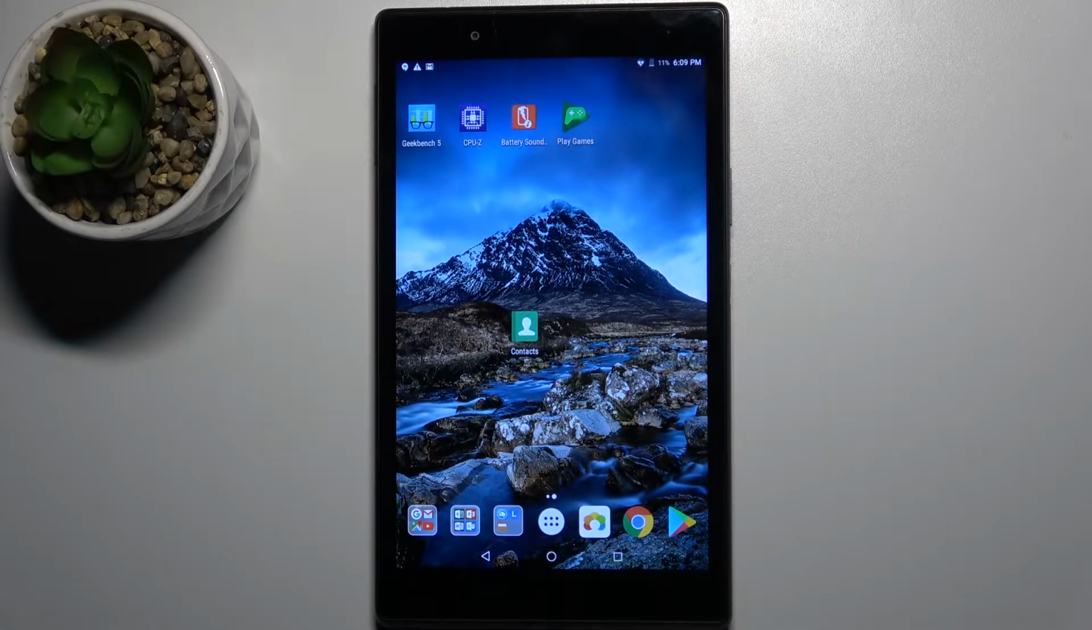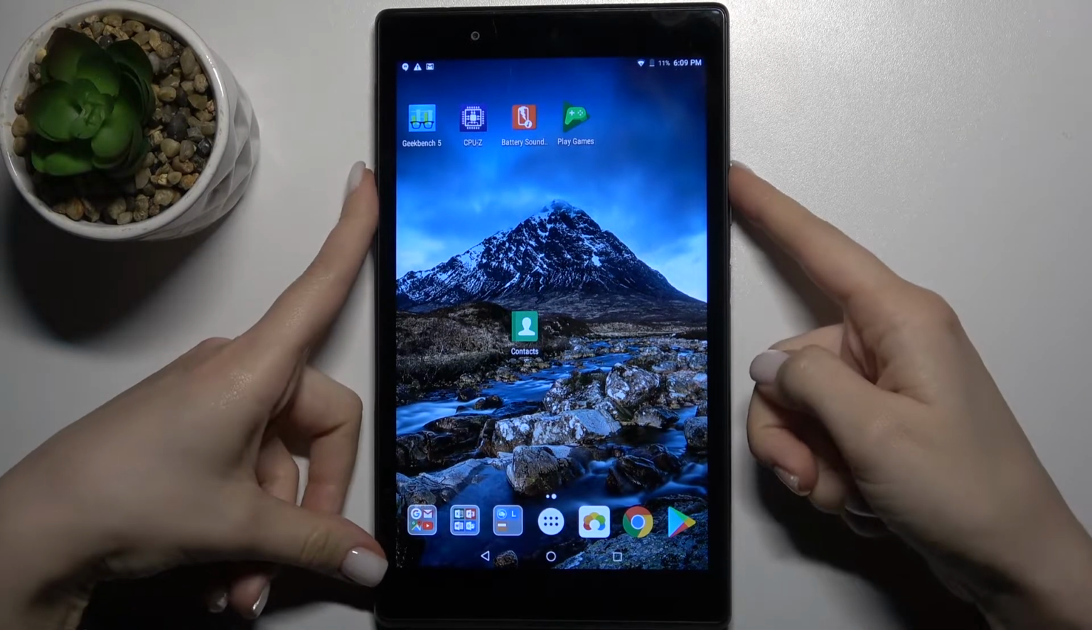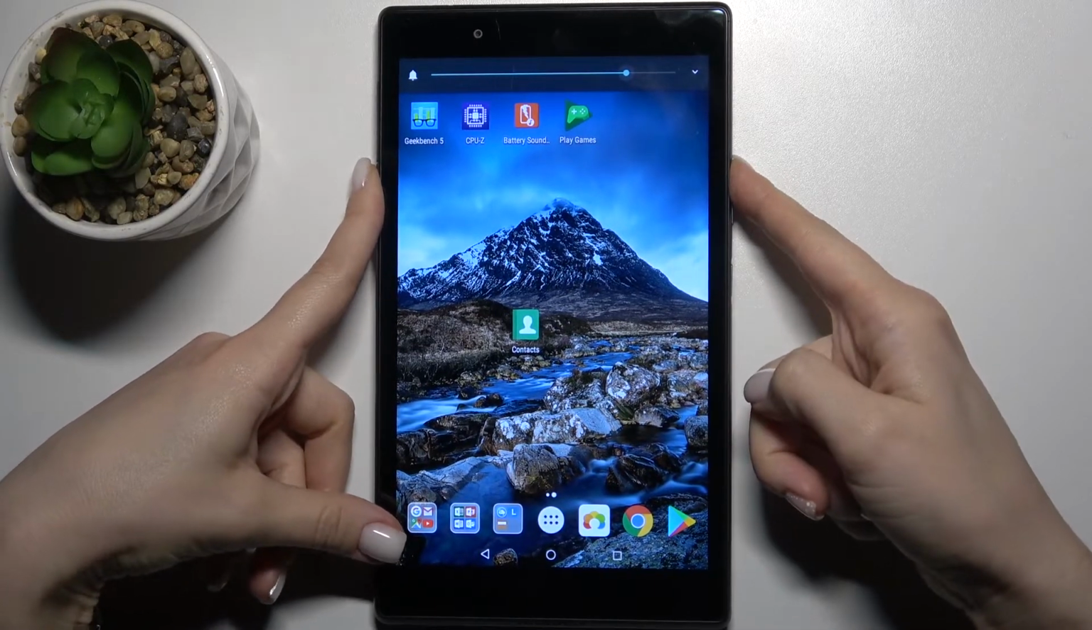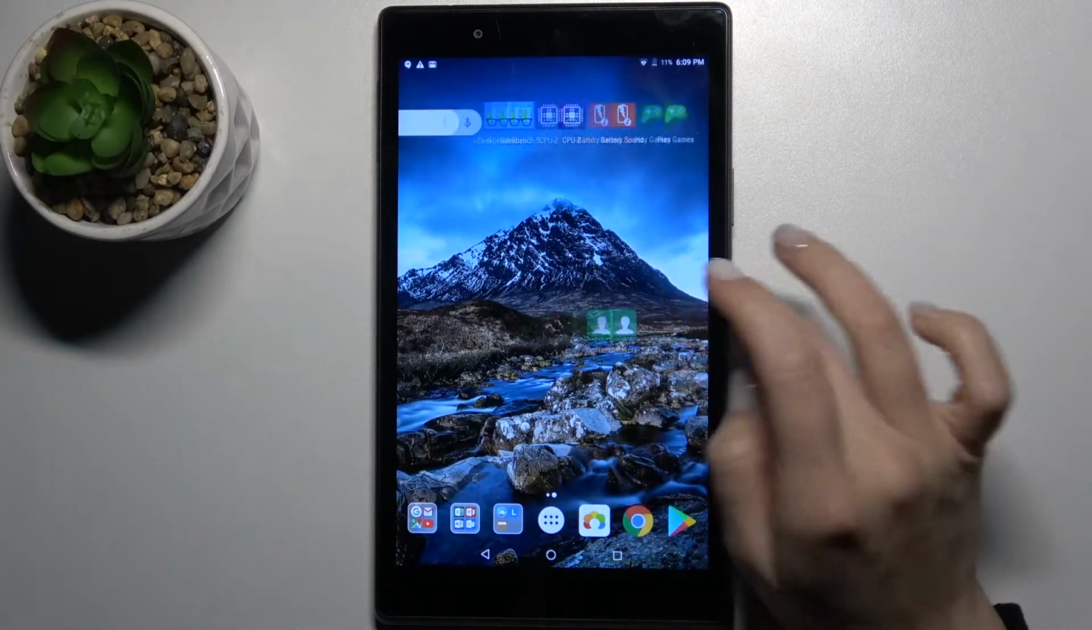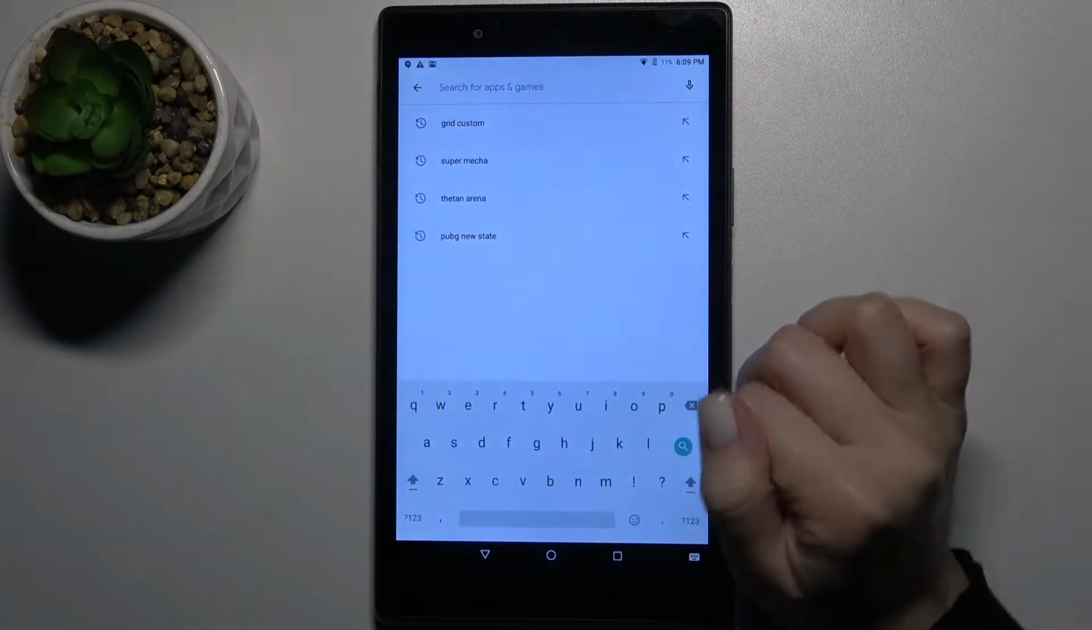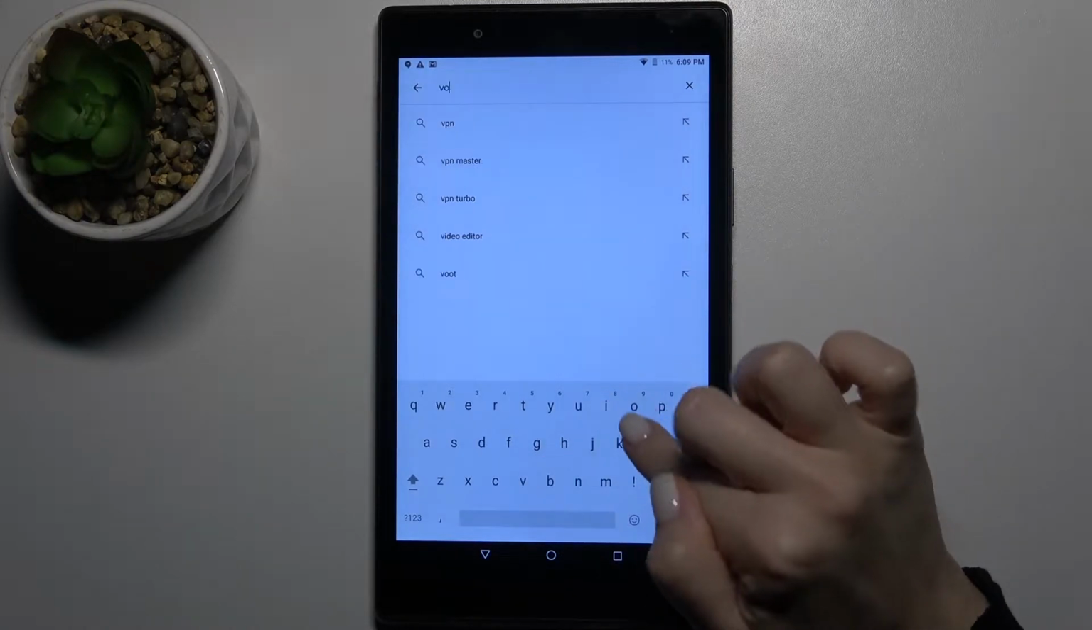Welcome. Today in front of me is the Lenovo TAB 4 8, and I'll show you how to customize volume panels on this device. So right now, as you can see, we've got the regular volume panel, and now we'll just go to the Play Store, type here "volume styles",